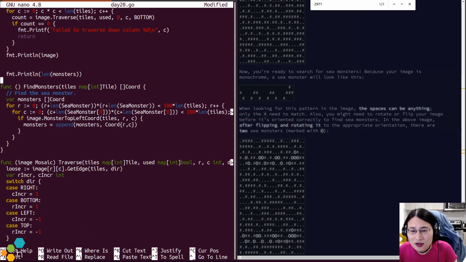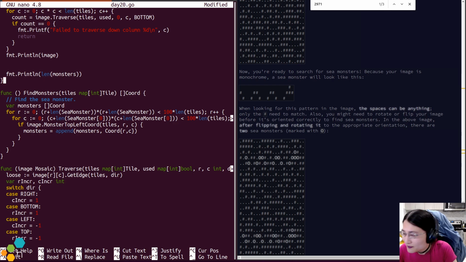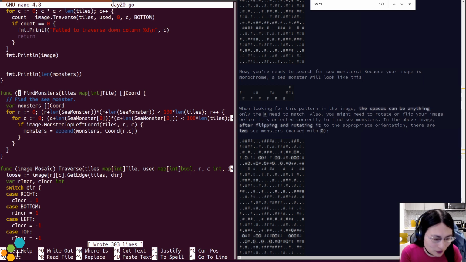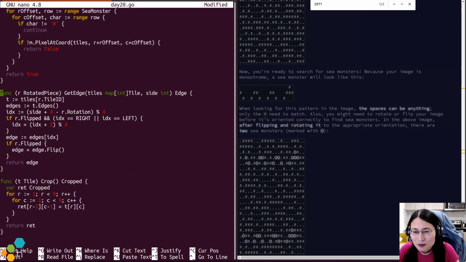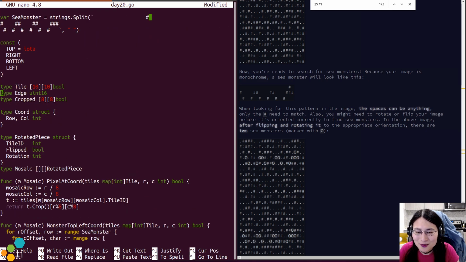This can just be... Oh, Ariel has a point that, yeah, you could just artificially create every single flipped rotation, and then you could just use those literally, and then not have to bother with any of the rest of this. That is 100% true. But unfortunately, I did not do that, so.